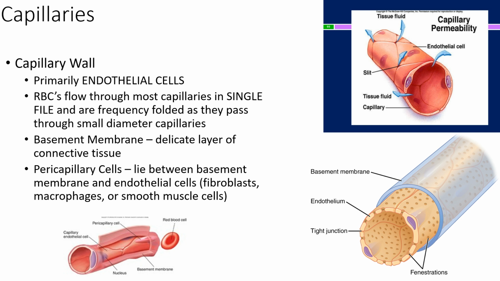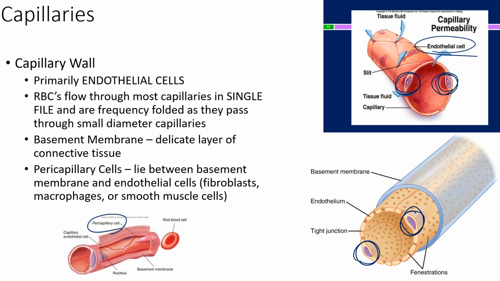Capillaries, pretty much if you look at the structure of a capillary, the only thing you're really going to see are endothelial cells. There's really not much else to the capillary. They have these extra pericapillary cells. Peri means around. That's a cell that's around the endothelial cells. You can kind of see some pericapillary cells in the purple image over here on the bottom right hand of your screen. Those little purple things, those are pericapillary cells. You also have them over here. They're represented in purple. They could be fibroblasts. They could be macrophages. They could be smooth muscle cells. So basically, they're just cells that are pretty much on the outside of the